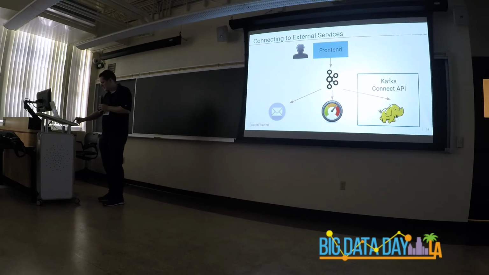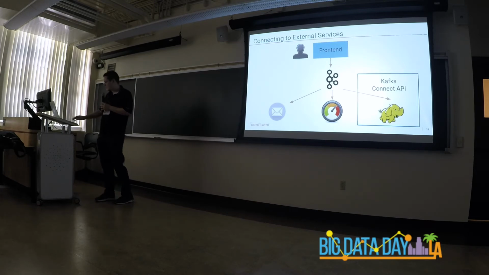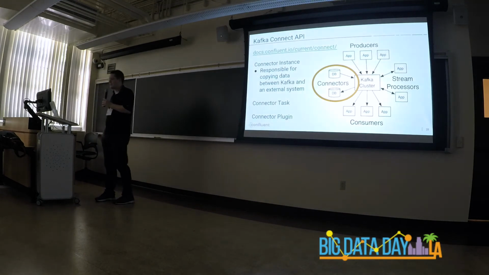So we talked a little bit earlier about connecting to external services, which is a great thing to do and one of our design requirements. We want to send stuff to HDFS and to Hadoop. Normally you might think, well, we just have to write that code. But actually that's not true, because Kafka has the Kafka Connect API, which already has that code written for you. So we already have code that will take stuff in a Kafka topic and export it to HDFS. And the Kafka Connect API has a lot of great stuff like this, where you don't need to write the code because the code is already there. There's already basically a pre-written service that does this, that can be configured.